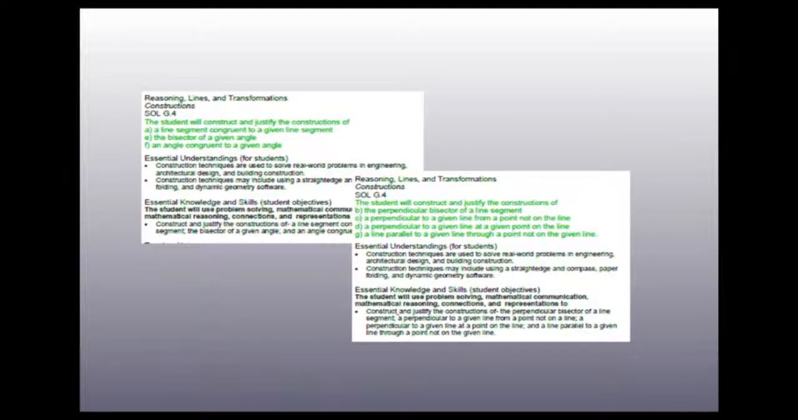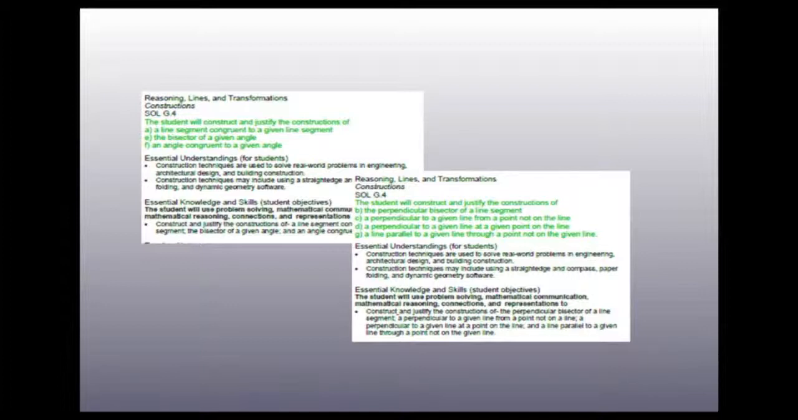Constructions. There are several additional constructions this year in the new G4 in addition to the 6 constructions we traditionally have done. The first is constructing a line parallel to a given line through a point not on the given line. Also important are constructing an equilateral triangle, a square, and a regular hexagon inscribed in a circle,